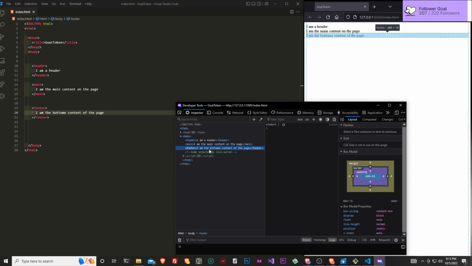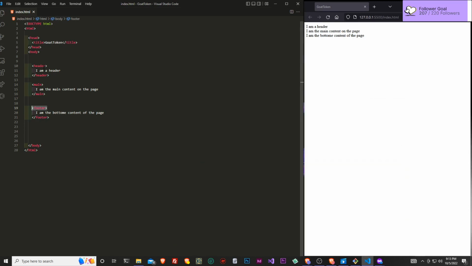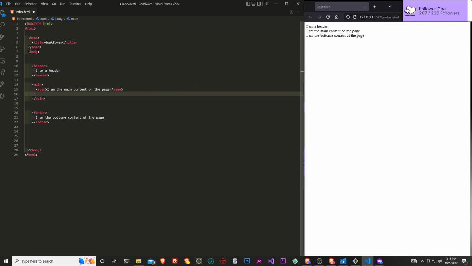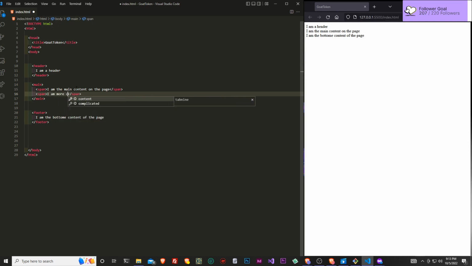Wow. Well, you guys can see there's a little bit of spacing, and that it's not all clumped up together. It's on a separate line. It's because these elements right here, they represent block data. If we wanted to have it all on one line, we would have to actually style that. Or there are also these types of elements called span tags. So a span, if I go like that, and even on a separate line I do a span tag like this, I am more content.